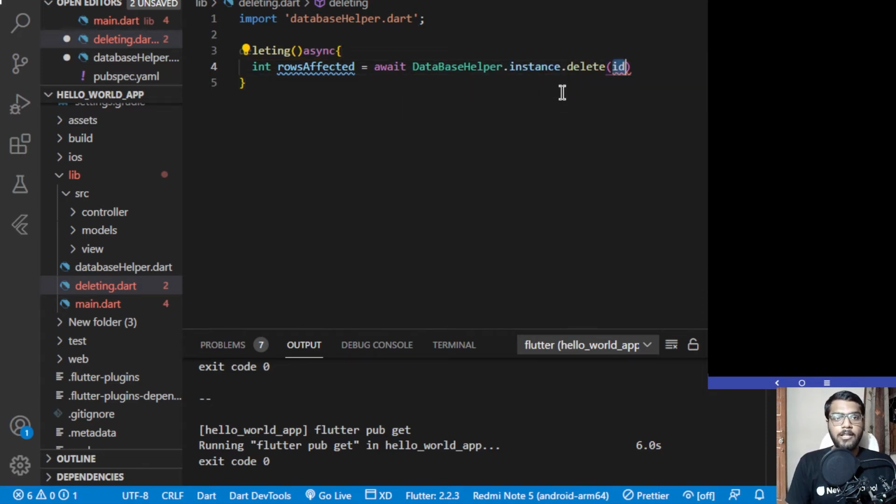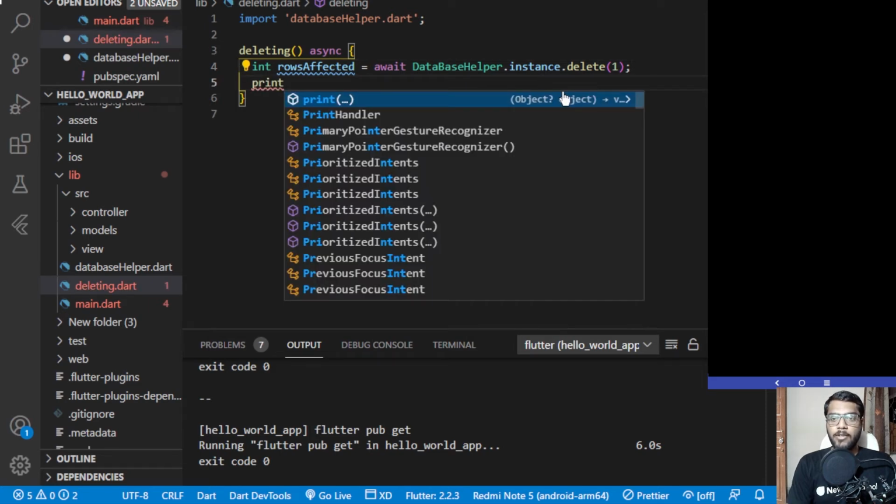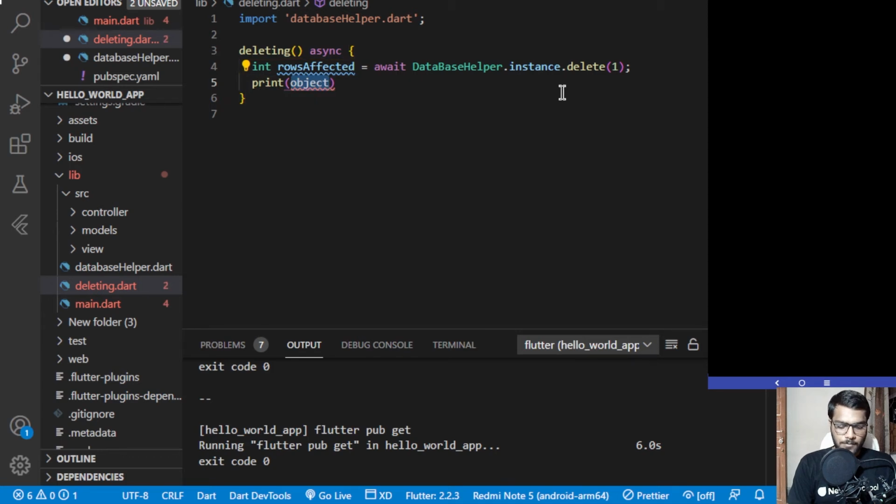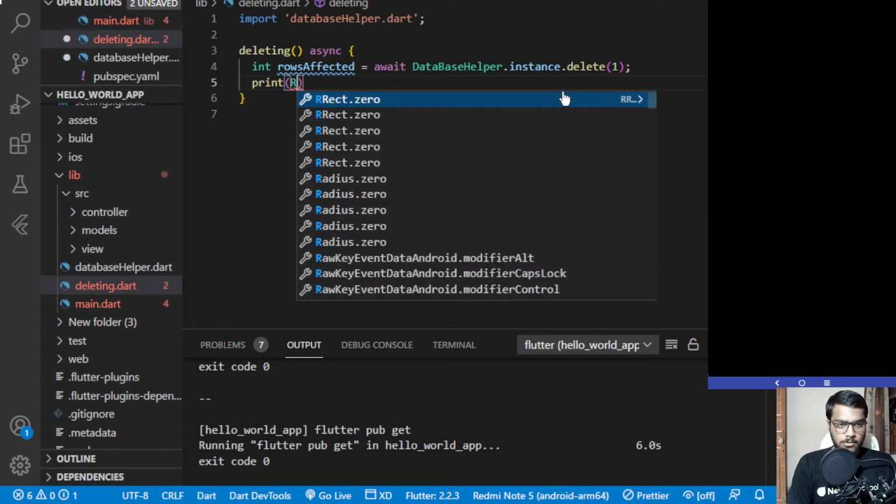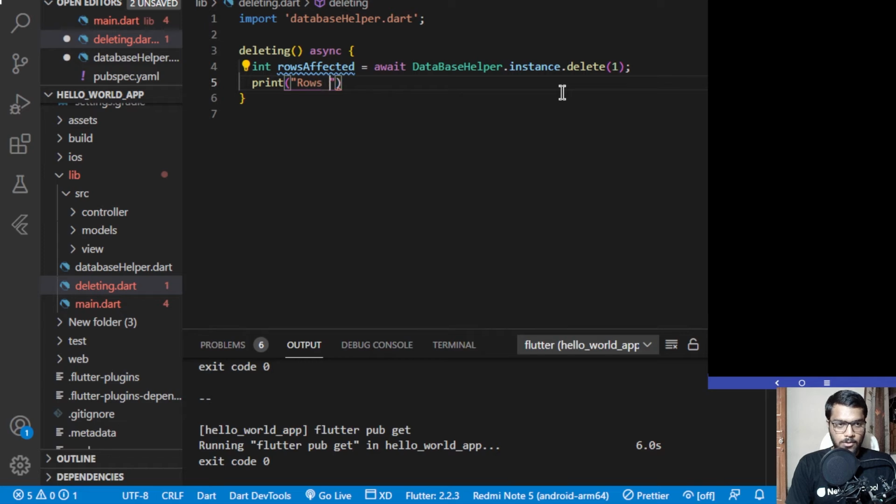So we'll be running this delete through this instance of the database helper, and I'm passing the id of 1 over here. So wherever in our database we have the id as 1, it will be deleting that particular row. And now we can print out the number of rows affected. So print, adding this, rows affected dollar rows affected variable.